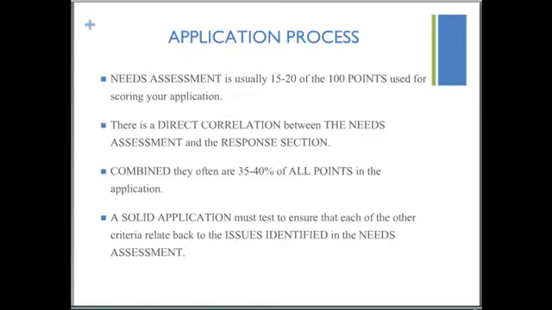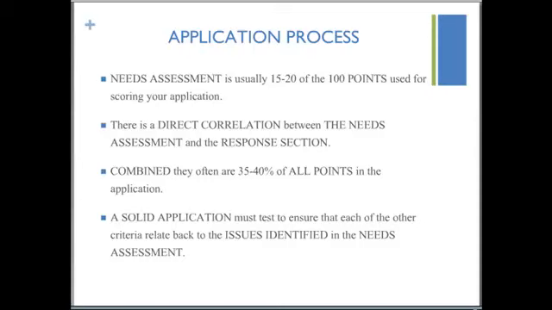For new grantees, I just wanted to talk a little bit about the grant application process. The needs assessment is a major portion of that application, and if you look at the guidance, you're going to see that the scoring presents that it's going to cover 15 to 20 of the 100 points used for the scoring of the application.